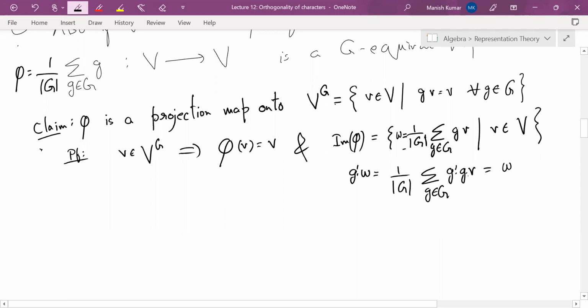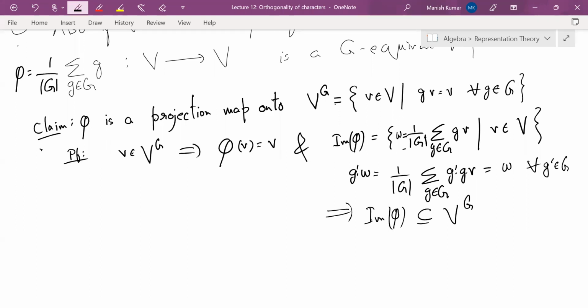So that tells you for all g' in G, that image phi is contained in V^G,